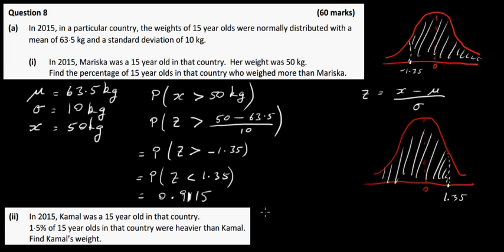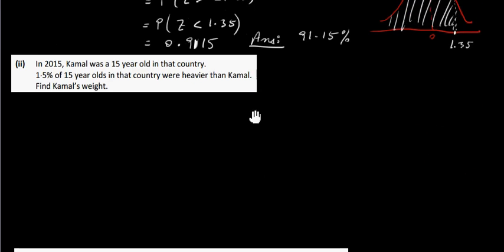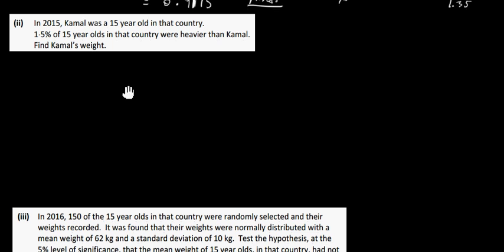So as a percentage, we were asked to write this as a percentage, so our answer then as a percentage will be 91.15%. So 91.15% of the 15-year-olds in this country will be heavier than 50 kilograms. Okay, so that's the first part of this question. Next part then is